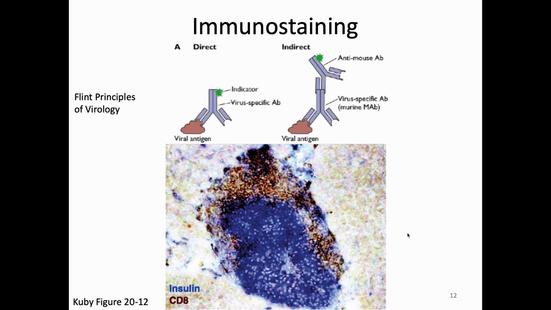And so you might make it in a goat. And so then you will end up, this is usually referred to as goat anti-mouse. And this is mouse anti-whatever your other antigen is. And so that tends to be the way you could set this up for your immunostaining. That could be really useful